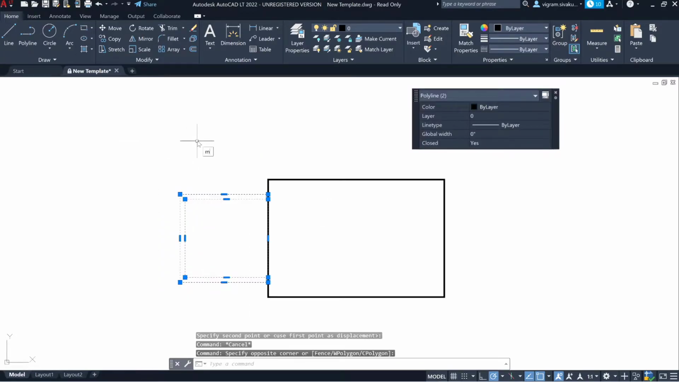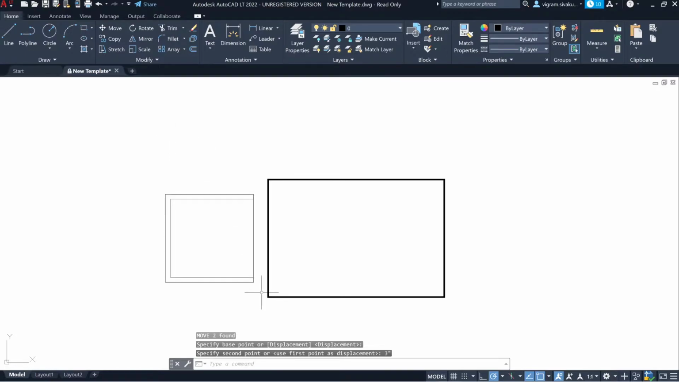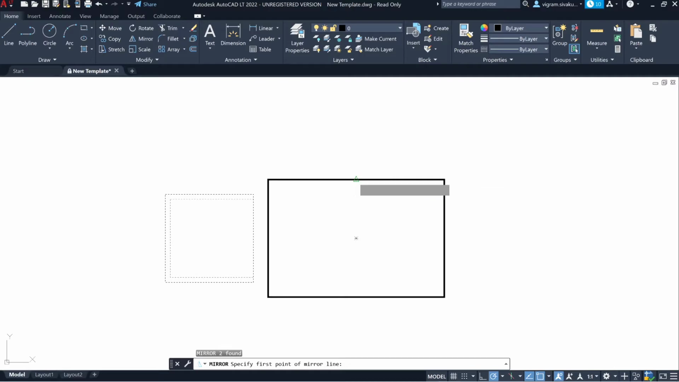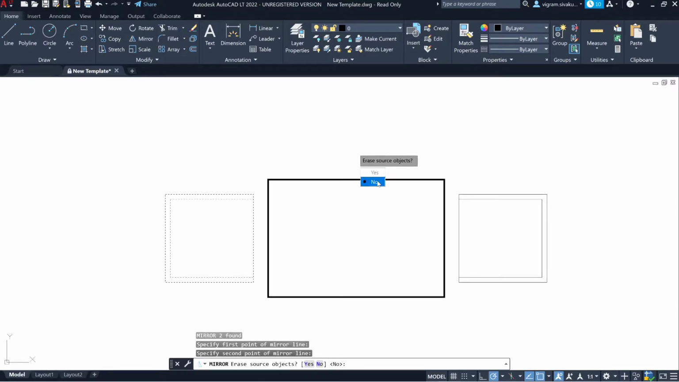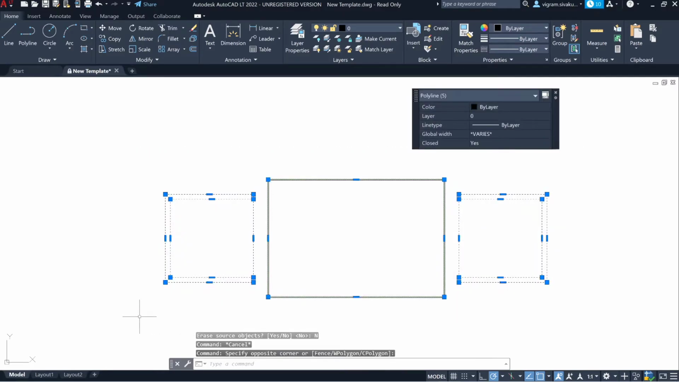Select the chair again and move it by 3 inches away from the table. Now select the chair and mirror it to the other side using the midpoint. Select all the objects, type B on the command box,